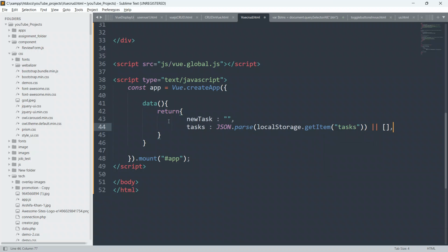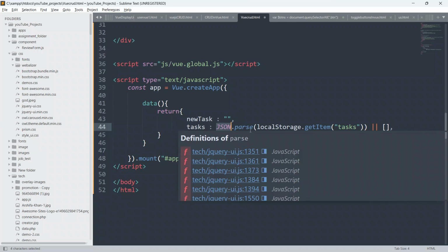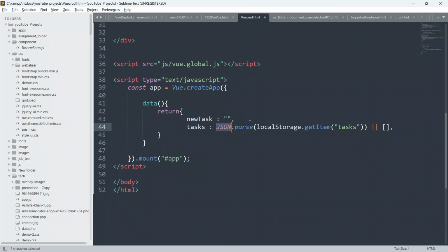In this line, I am checking if something is already there in the local storage or not. If something is not there, then we will just initialize an empty array and store an empty array there.